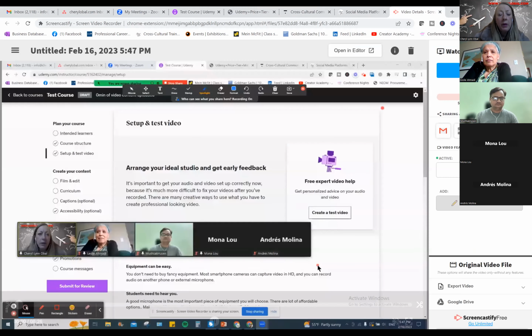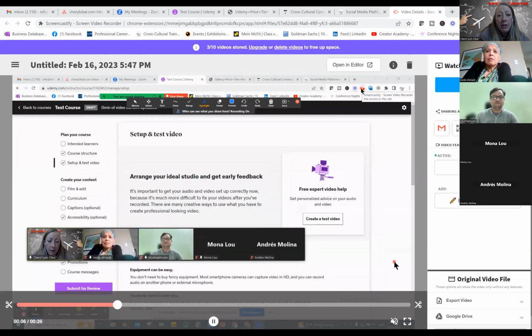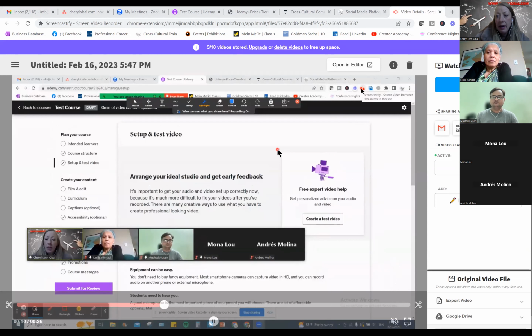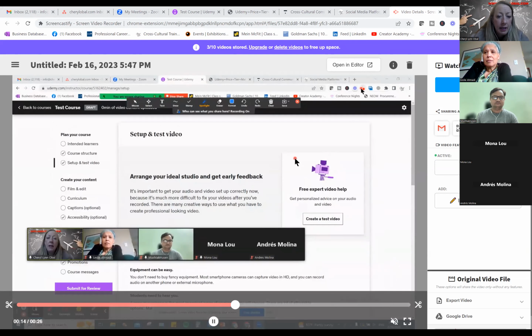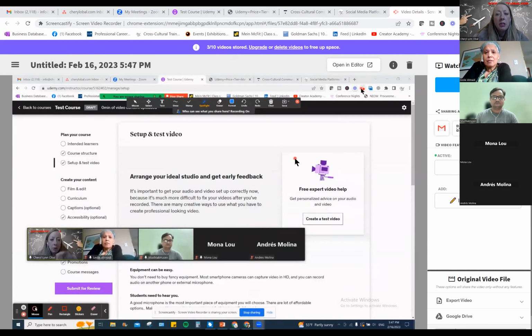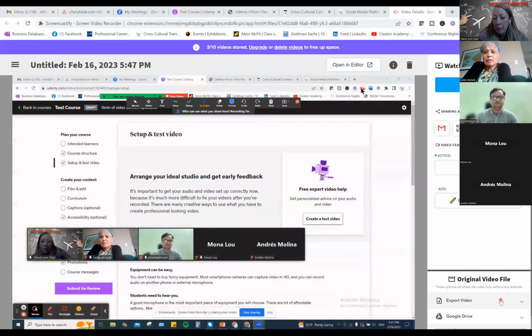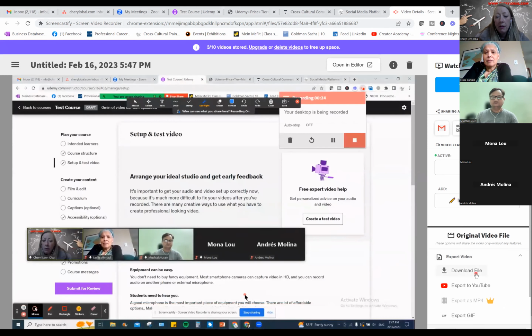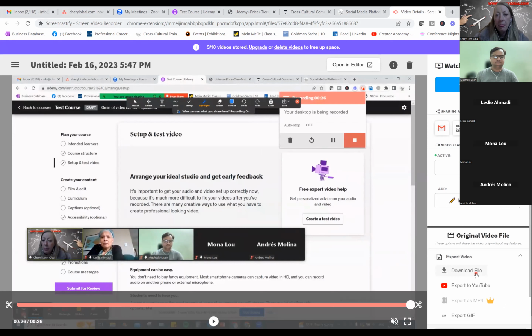Then it pops up another window automatically, and this is your video, what we just recorded on the screencasting software. You watch it and decide if you like it. If you want to redo it, you just redo it. If you like it, then you export. See here at the bottom, you click export, download file, and you keep it on your desktop and get ready for the next step. All right, so that's how screencasting works.